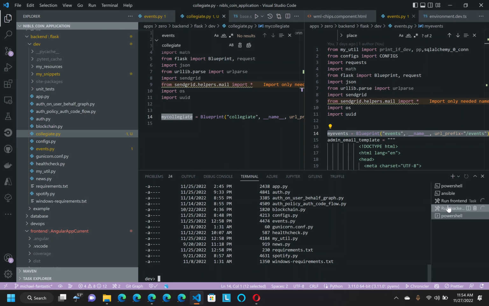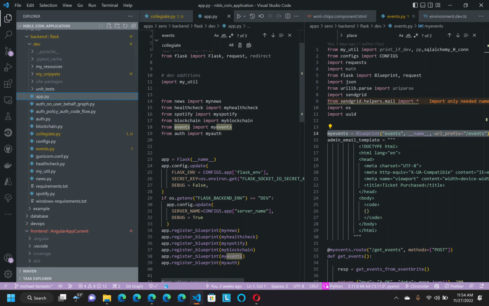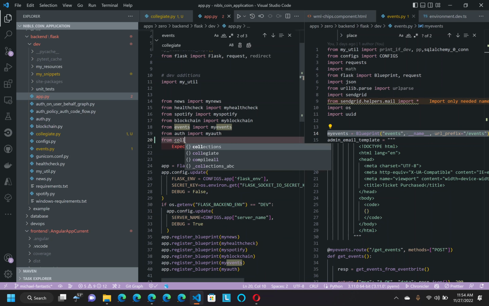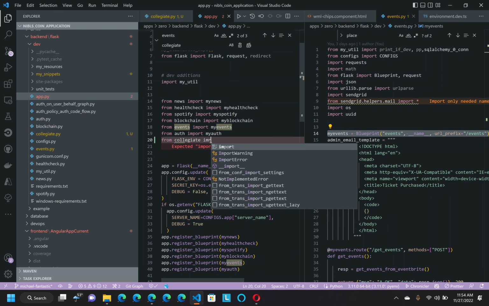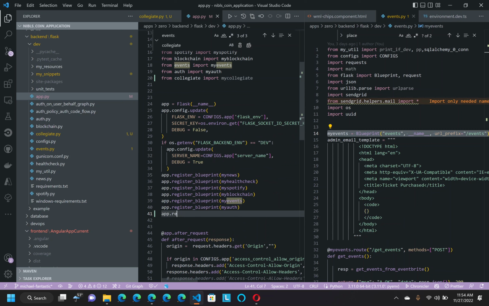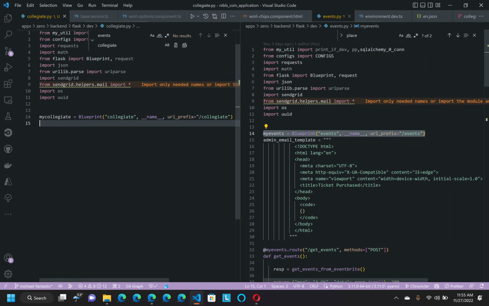Meanwhile, I want to take a look and make sure my backend API is still running. So from collegiate import my collegiate, and then app.register. Thanks GitHub Copilot. GitHub Copilot is running even though it claims the activation failed, so I really appreciate that. Something's running. So basically, the goal is I want to send all this information in the email